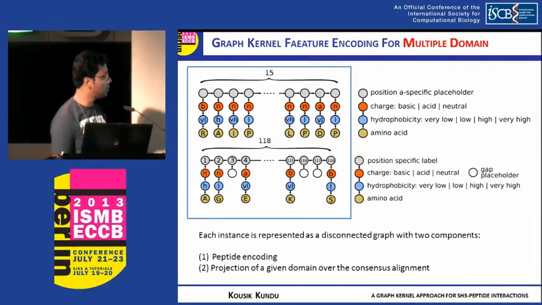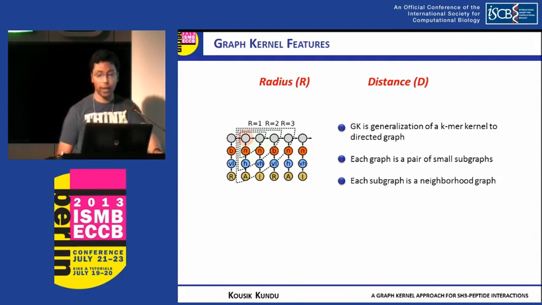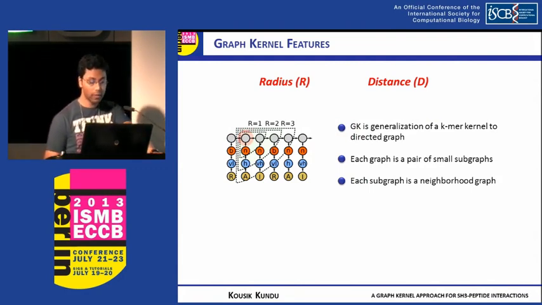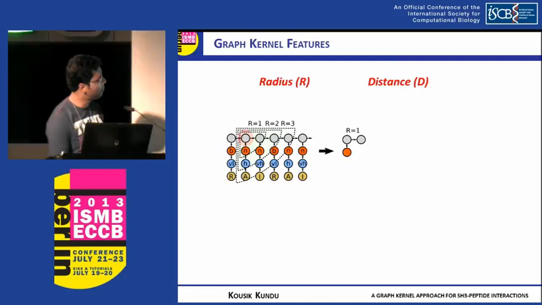So each instance is represented as a directed graph disconnected into two components. One is for the peptide, and one is for the projection of a given domain over the consensus alignment. The graph kernel is a generalization of a k-mer kernel to directed graphs, and each graph is a pair of small subgraphs, and each subgraph is a neighborhood graph. Here, if you have the vertices, there are two important parameters, which are radius and distance. If you have radius 1, from these vertices you have further